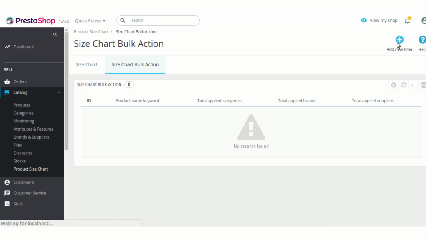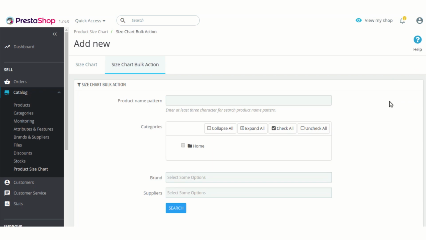To do so, you can just click on add new filter to create a bulk action. Like in case I create a bulk action for this name pattern, you need to enter at least 3 characters here.